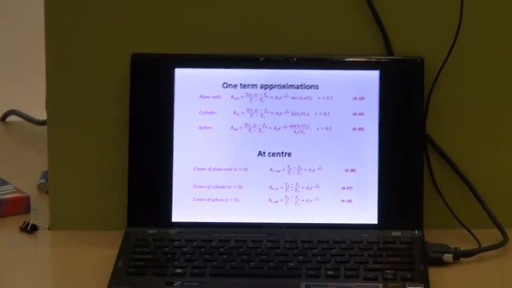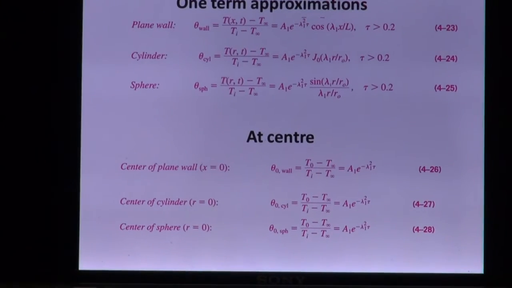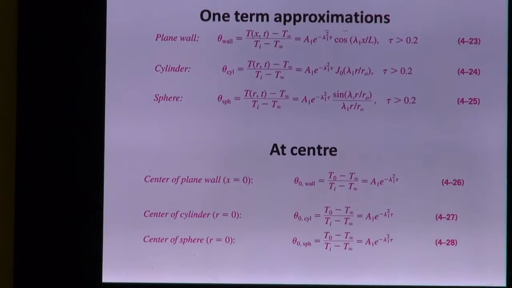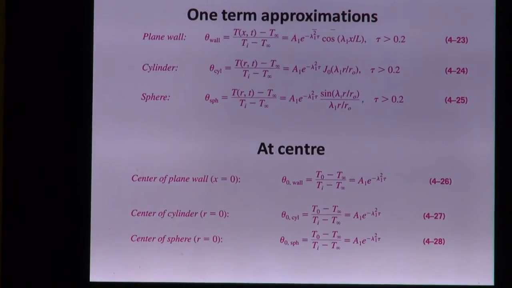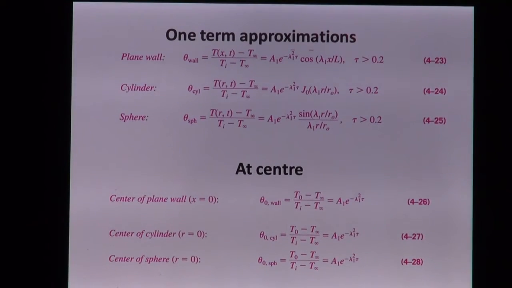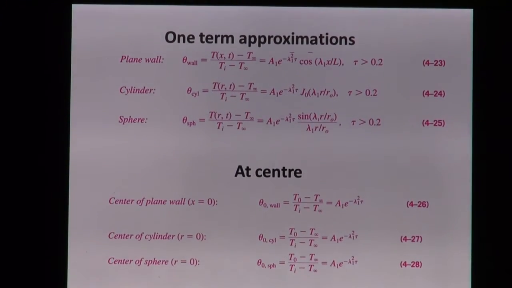Sorry, let's first just look at the slide of all the approximations that can be used. Now the first thing is that remember, what is asked for us is the time. And time and tau is actually connected. So if we just come back here to the Fourier number,